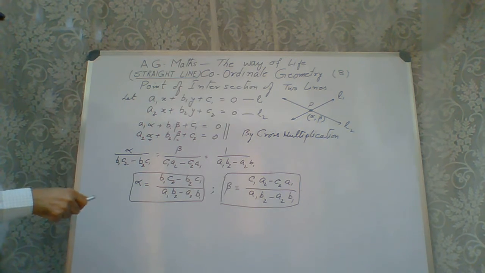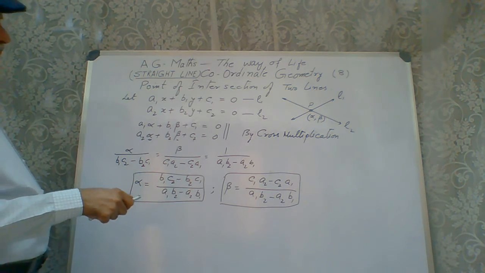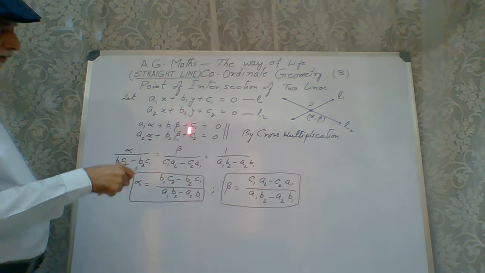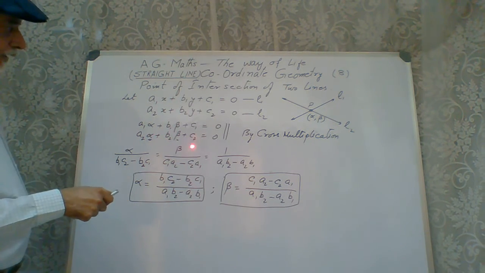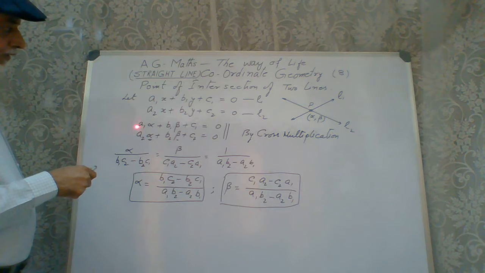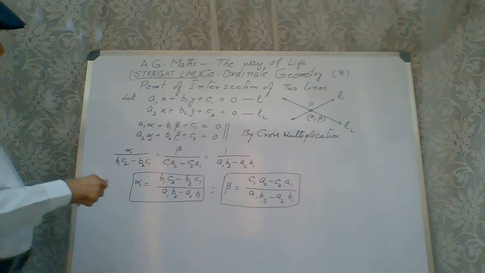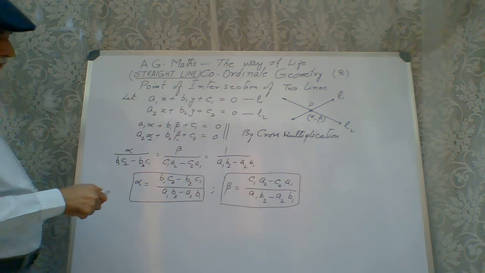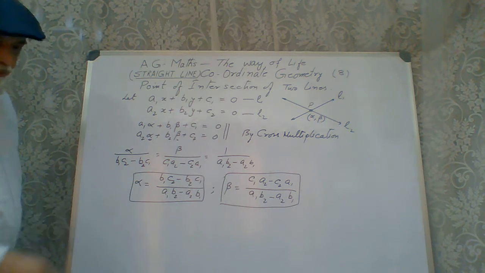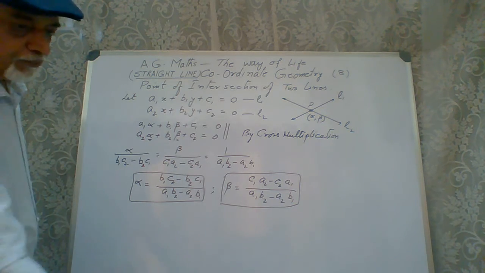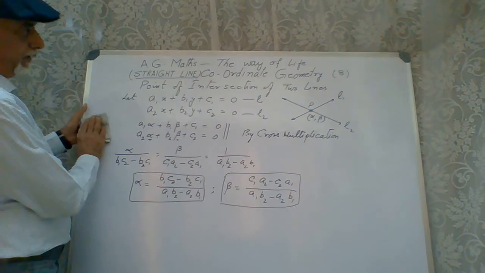So that is what we wrote here, c1 a2 minus c2 a1. And for the last part, the coefficient was 1, so we have ended at a1. So we start with a1: a1 b2 minus a2 into b1. And then compare any two ratios. This ratio with the last one, then the second ratio with the last one, and you get alpha beta. So this is how we get the point of intersection of two lines.